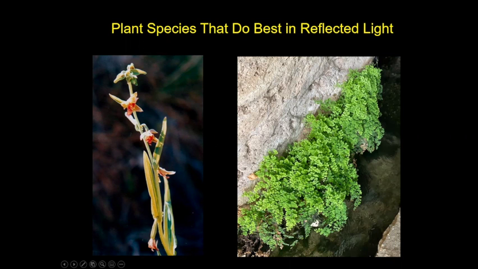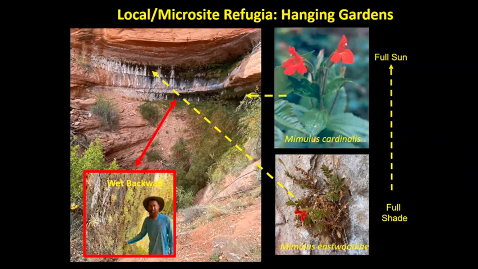So these are important species, as it turns out, when we come into hanging garden habitats. The Four Corners area and Grand Canyon are renowned for the number and diversity of hanging gardens that exist. Hanging gardens can face north, they can face south, no matter what. This is one I visited a month or so ago. That's a south-facing hanging garden, but it was overhung by almost 15 meters, and therefore the overhang permanently shaded the